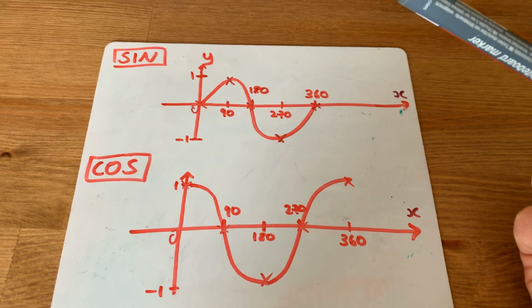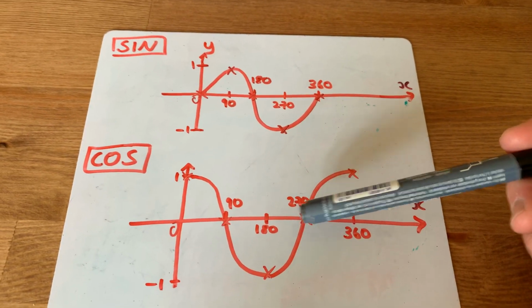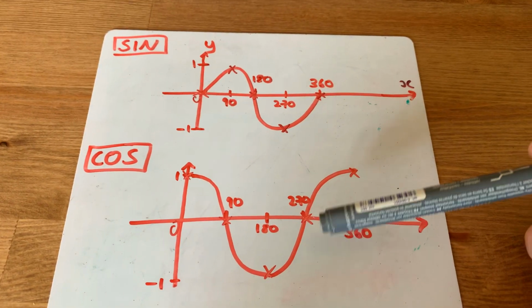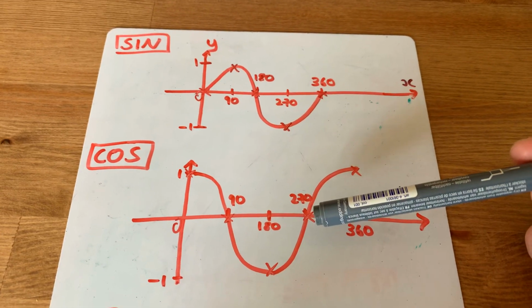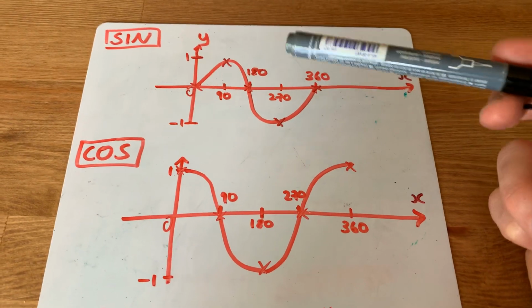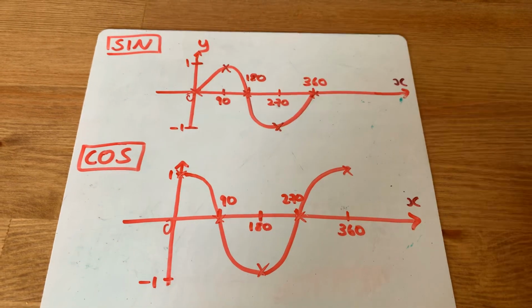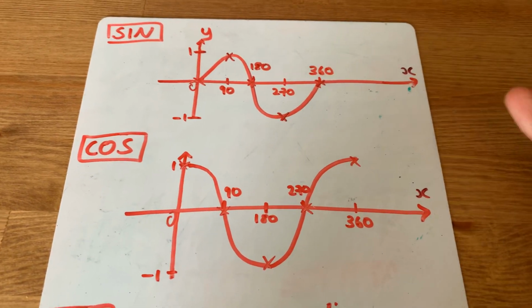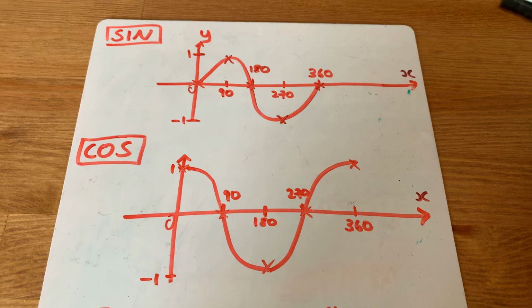Just plugging in a couple more values. Let's say x was 270. On cos, that means that our y value would be 0, doesn't it? Okay, but in contrast, for our sine function, if x was 270, our y value would be -1. Okay, so we need to be able to read off the 5 crossed points which I have written onto those